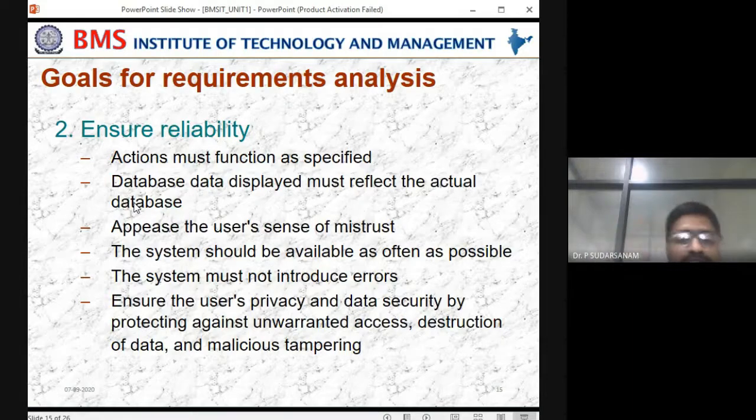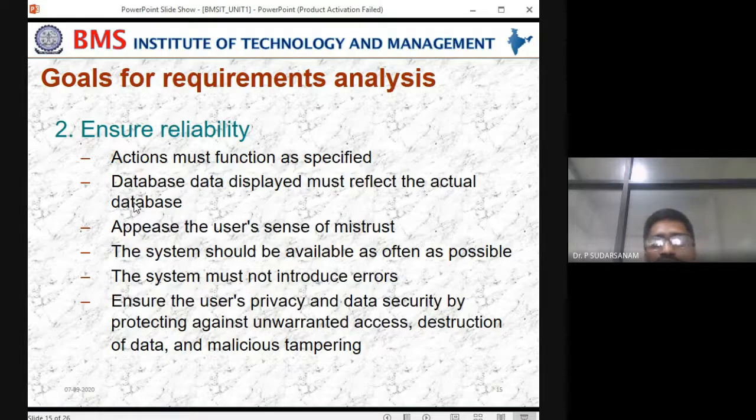So next one is ensure the usability, privacy, and data security by protecting against unwarranted access, destruction of data, and malicious tampering. So these are also most important.